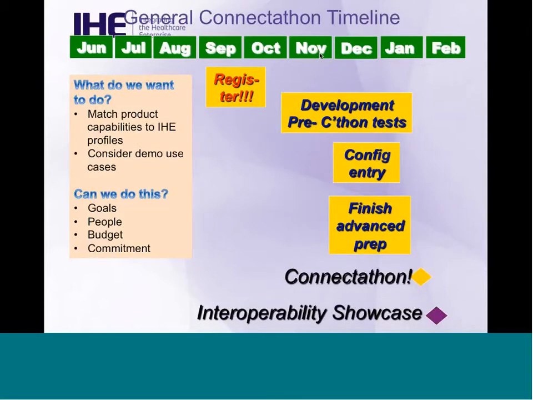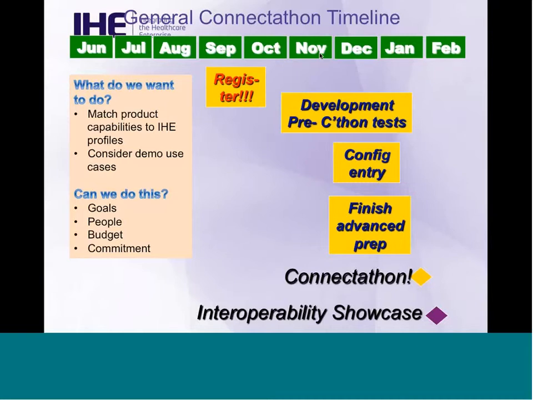So if you're going to spend a week with your competitors and peers in the healthcare industry, how do we get there? This slide is just intended to show that there is a process that we go through to help you prepare. If you sign up in September, it's not that you sign up in September, go away and do something else, and then just show up at the end of January.